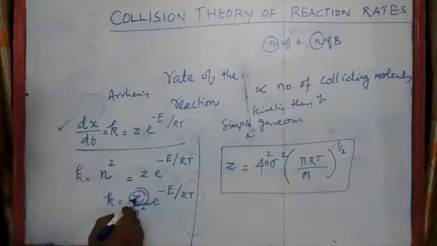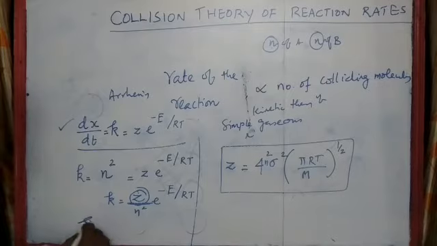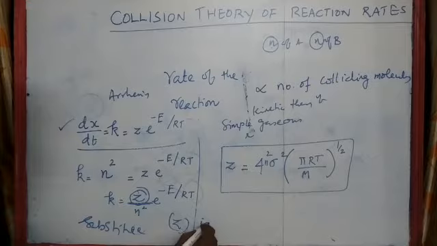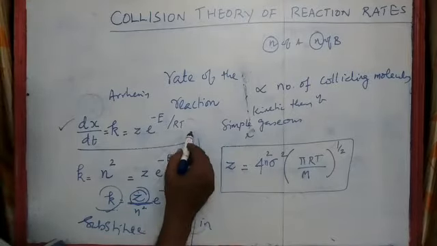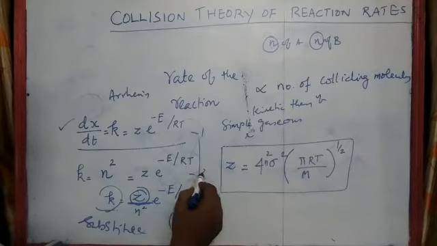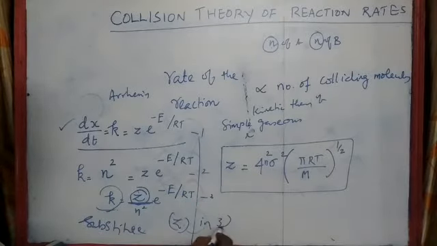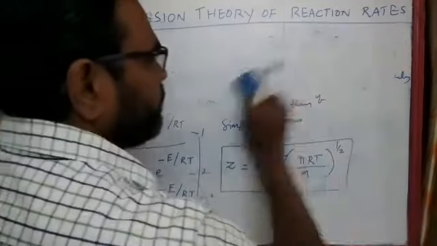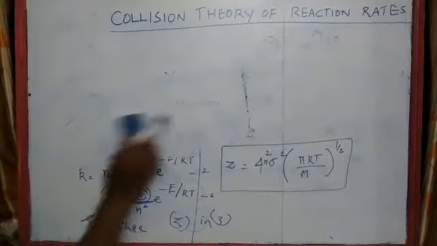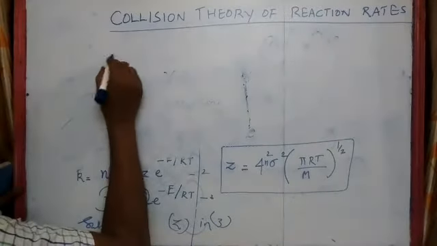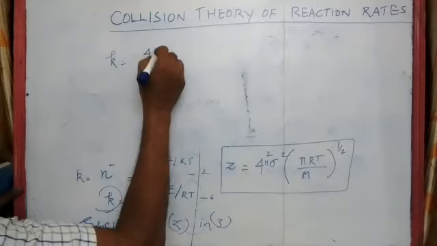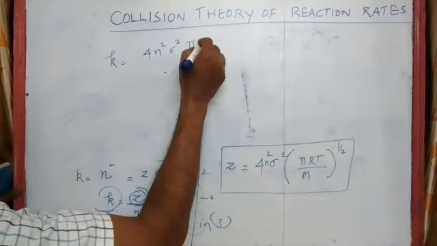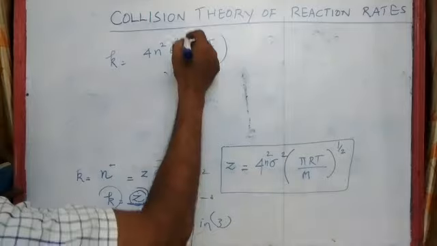So if I now substitute Z in the rate equation k. Say this is equation 1, this is equation 2 and this is equation 3. Substitute Z in equation 3. So if I substitute, the equation changes. Rate constant k is equal to (4n squared sigma squared pi RT by M) whole power 1 by